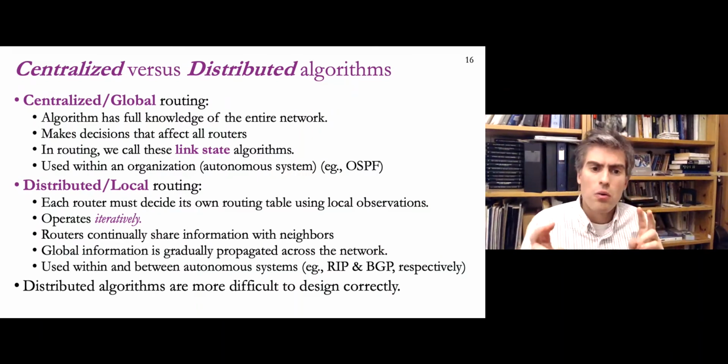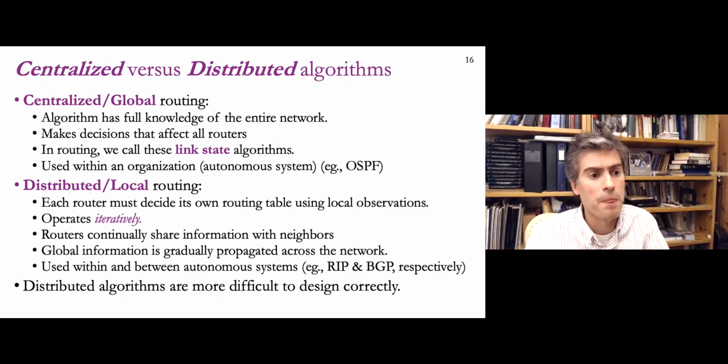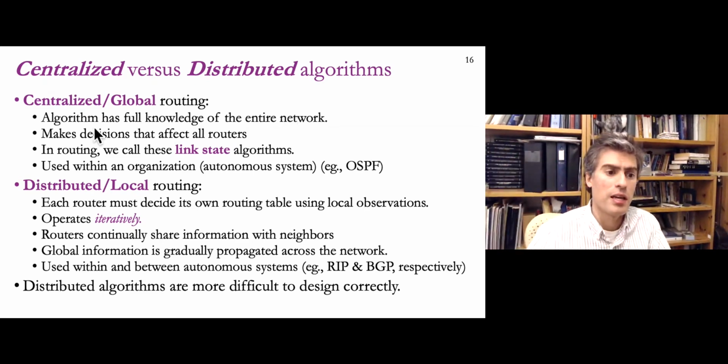So we're going to be talking about shortest path algorithms, basically, because with the internet, what we're trying to figure out is we want to get packets from a source to a destination as quickly as possible across the network. Okay, we're going to have centralized and distributed algorithms for computing shortest path, and